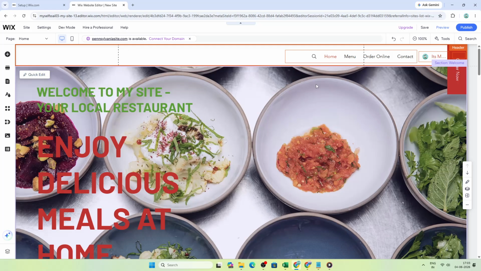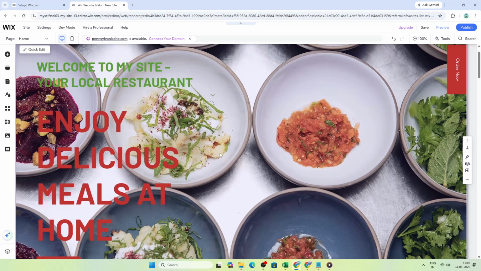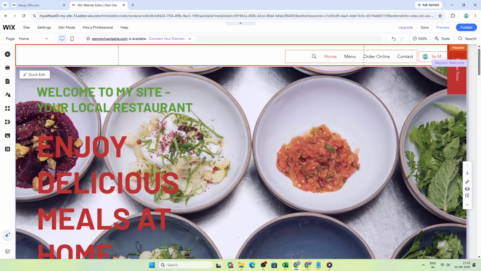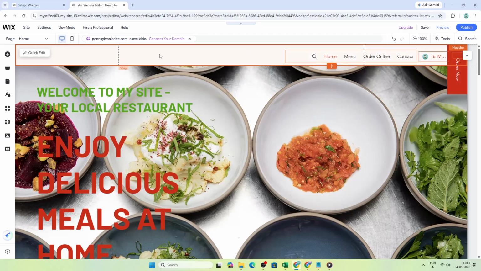and confidently. To get started, open your site in the Wix editor. Make sure you are inside the editing view for the website you want to update. Because this setting is managed on a page-by-page basis, that means you can hide the header and footer on one page without affecting the rest of your site, which is especially useful when you want different pages to have different